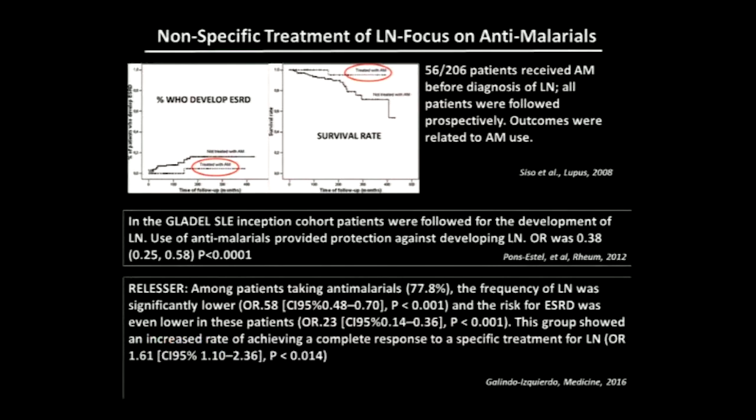Okay, what about the treatment of lupus nephritis? This is the nonspecific treatment of lupus nephritis, and I'm going to just say this because there are a lot of data here. We as nephrologists have not often embraced the use of Plaquenil. The rheumatologists have been using Plaquenil or the antimalarials for a long time. And studies are coming out, and these are very compelling studies that suggest that even though Plaquenil tends to take the edge off of the arthritis of systemic lupus, etc., if you withdraw